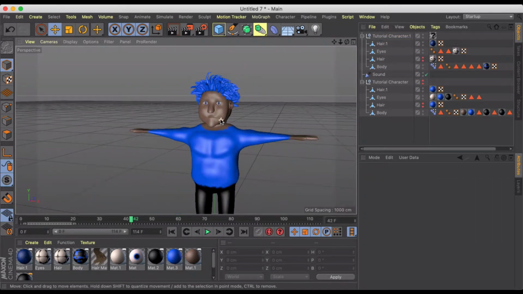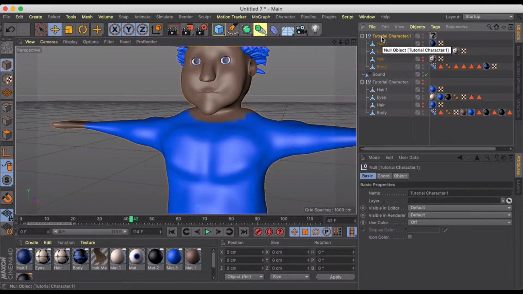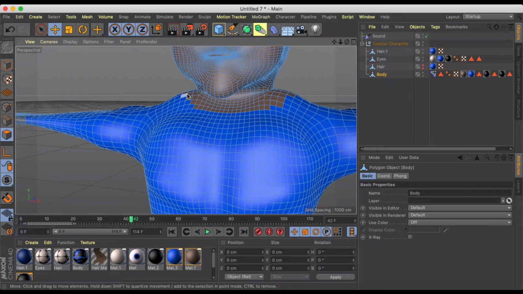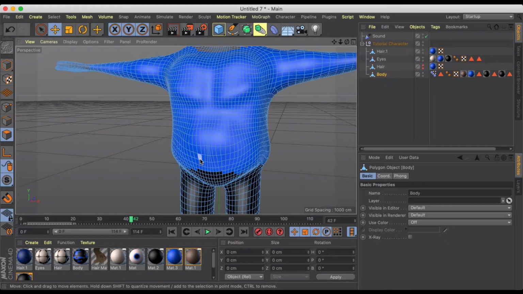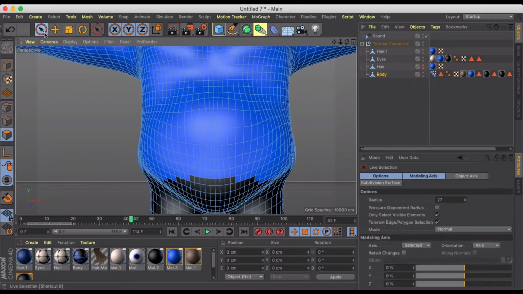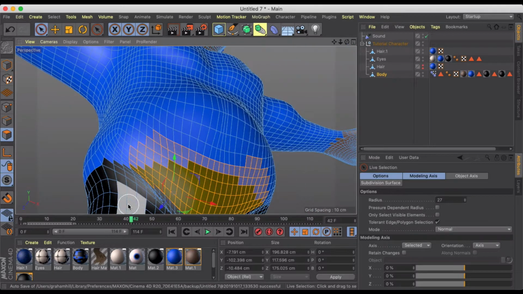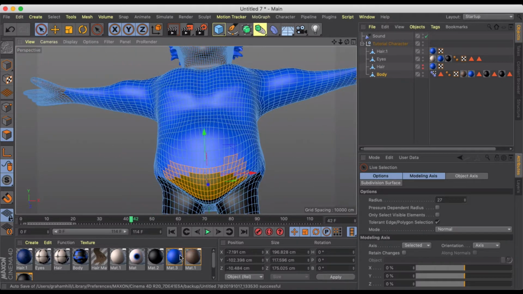looks pretty good. I would probably say at this point in your character, you're going to want to have gone into your body and really kind of cleaned up how your shirt's texture is working, or how your shorts are fitting the character, which is pretty easy just to kind of smooth that out. Looks like I kind of made a mess of this earlier, but we're trying to work quickly here because I don't want these tutorials to be too long, even though they're getting to be quite long. So something like that